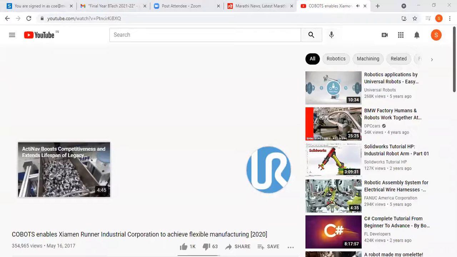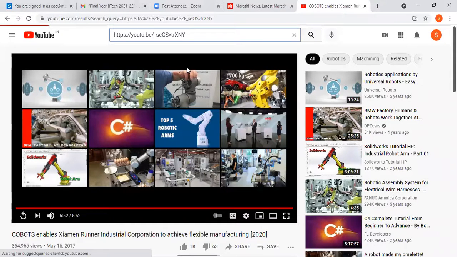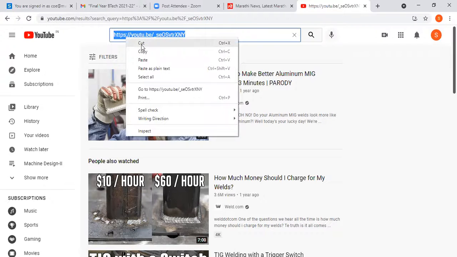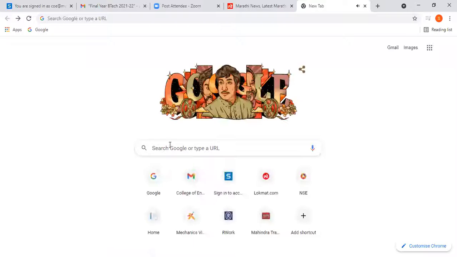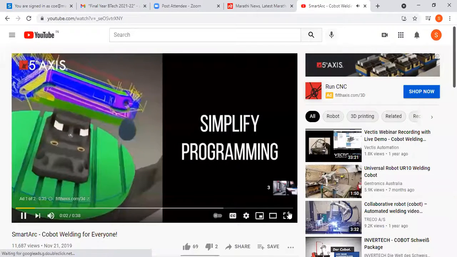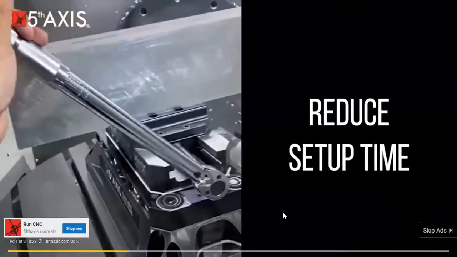Now another second link we'll see. Okay, how these robots are used along with humans.